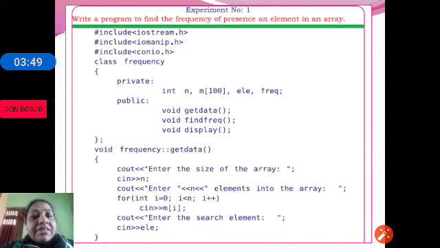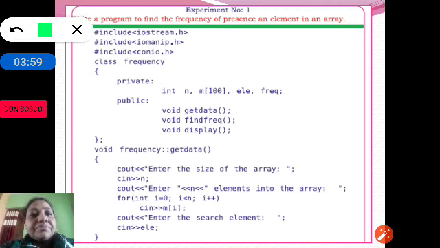Get data will accept the data, find freq will find the frequency of the given element, and display will print the frequency of the given element.